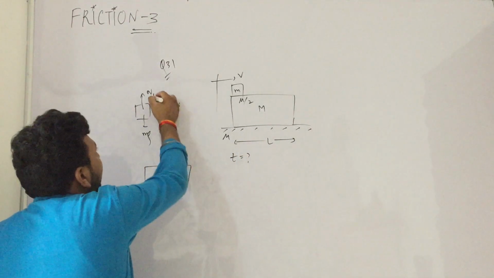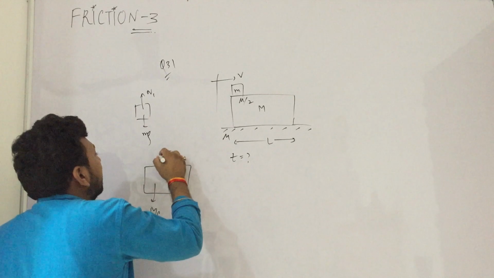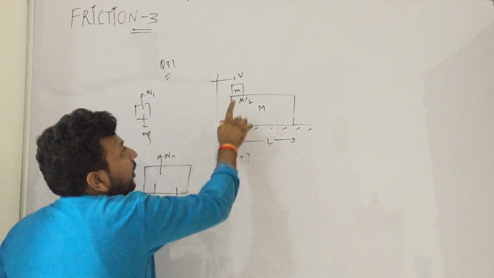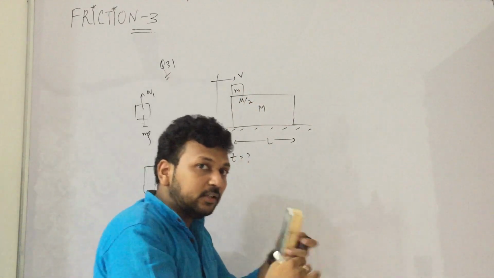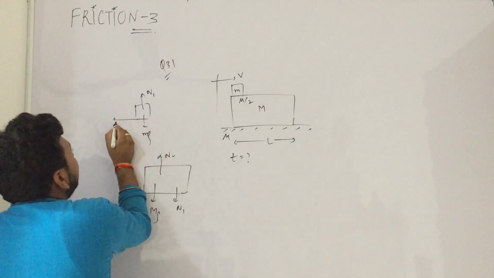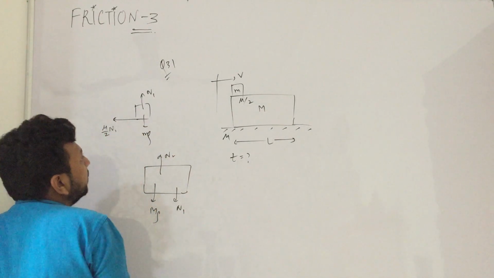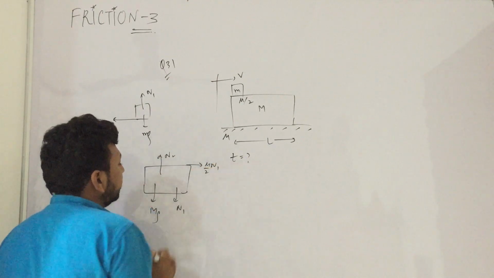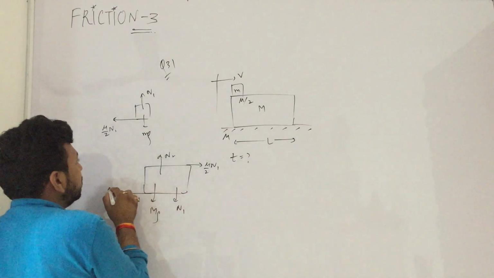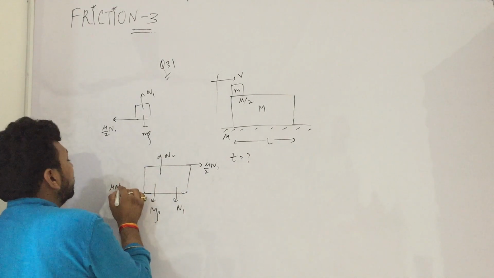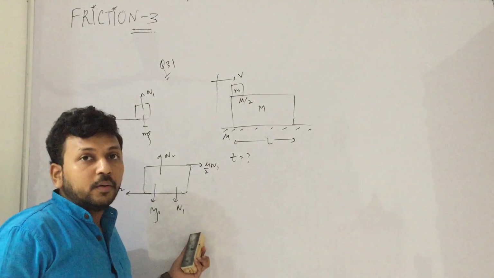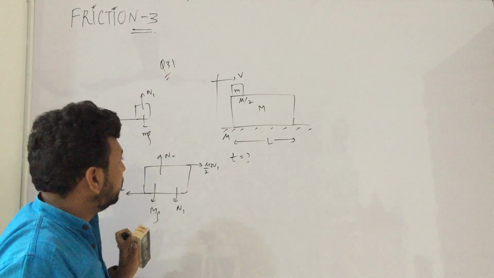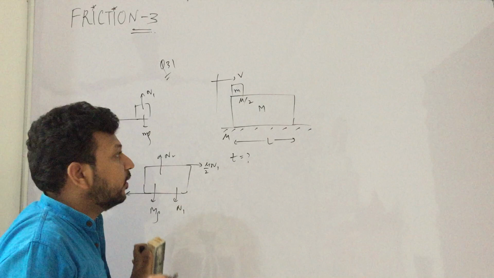So N1 for this capital Mg, N2, N1, it will move ahead. So small m relative to capital M is moving ahead. So friction will act in the backward direction, mu by 2 N1. It will have an equal and opposite reaction, mu by 2 into N1. And similarly, we will have some friction here, mu into N2. Right? So for this we have this FBD, for this we have this FBD. I don't think any force is remaining. If you still think some force is remaining, you can write in the comments.